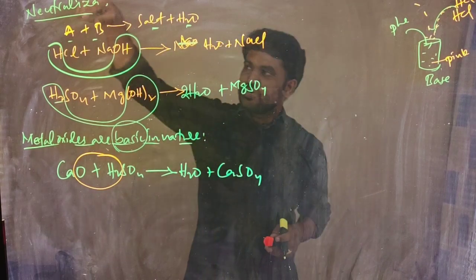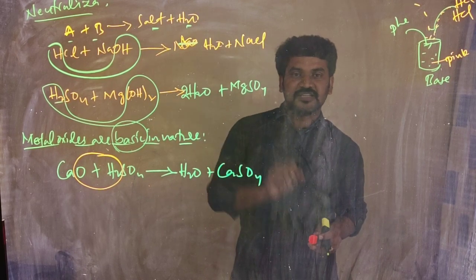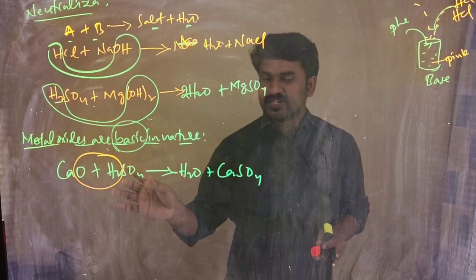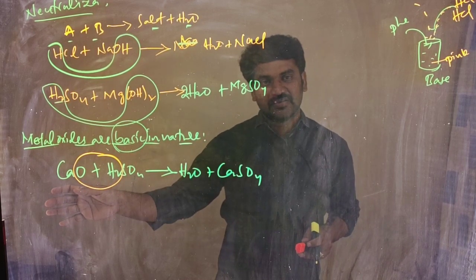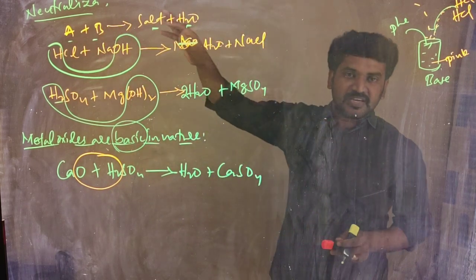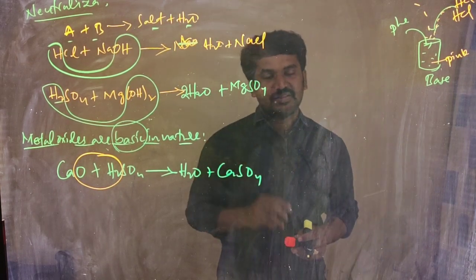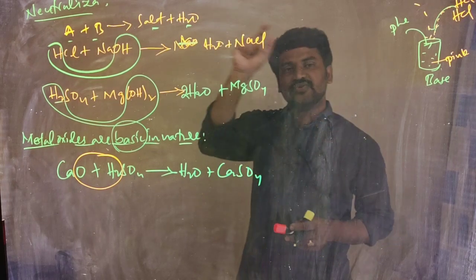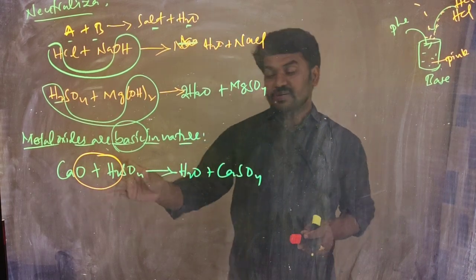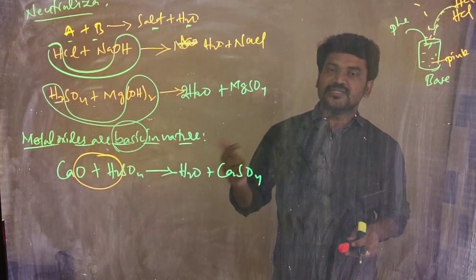That means this reaction is similar to a neutralization reaction. Even though there is no base, but only the presence of acid and a metal oxide, right? So when you compare this reaction with the neutralization reaction, in the neutralization reaction we are taking an acid and a base, there you will get salt and water. Then you compare that reaction with this one, when you take a metal oxide and acid, they are producing salt and water.